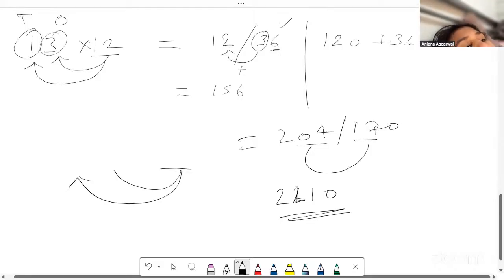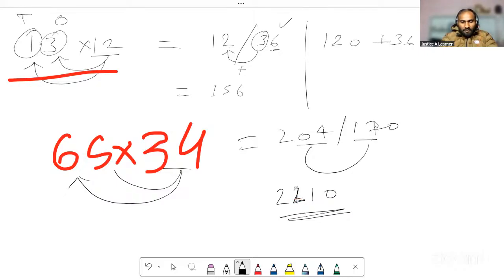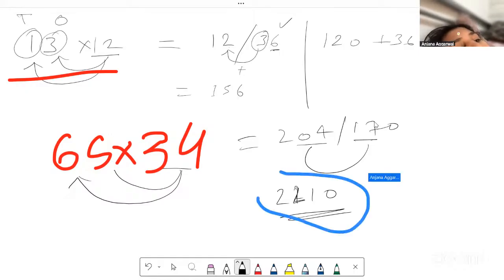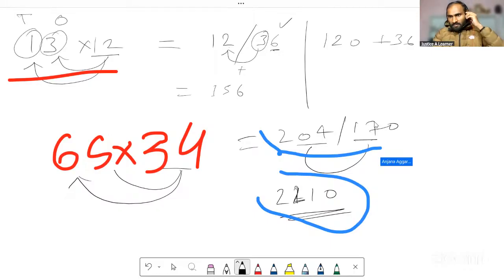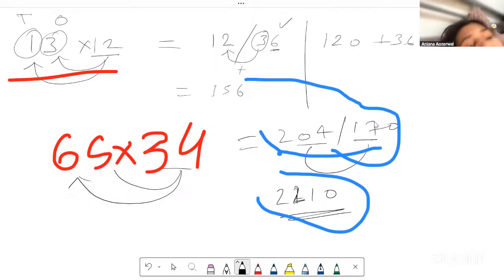Let me check it. Just don't erase it. Let me check the answer. So it would be 65 multiplied by 34. Yeah, the answer is correct. I did not get how you did that. This thing is called speed maths, I guess. When we had done the demo, we were doing some of these things. Okay, let us kind of understand.